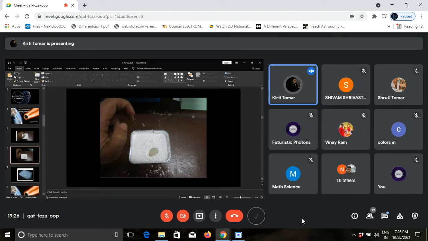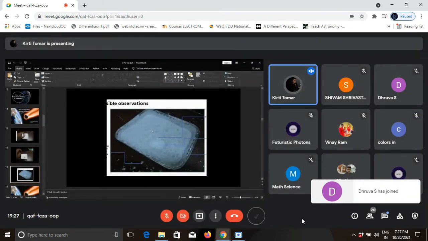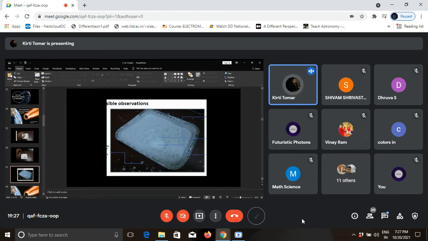Suppose you drop a glass or a ball or some object from the height of the terrace of your house, and it will collide with the surface and leave its mark, right? Same here: just drop the marble from a height and see it collide with the surface and leave its mark. Like this. Now you see the result. It left its mark and resulted in a crater like we have on the Moon. Moon craters were also formed like that, following the same procedure, and also on other planets like Venus, Mars, and Mercury.